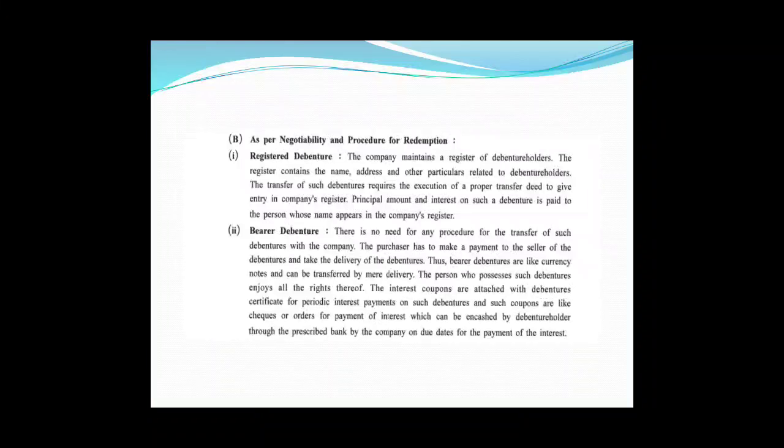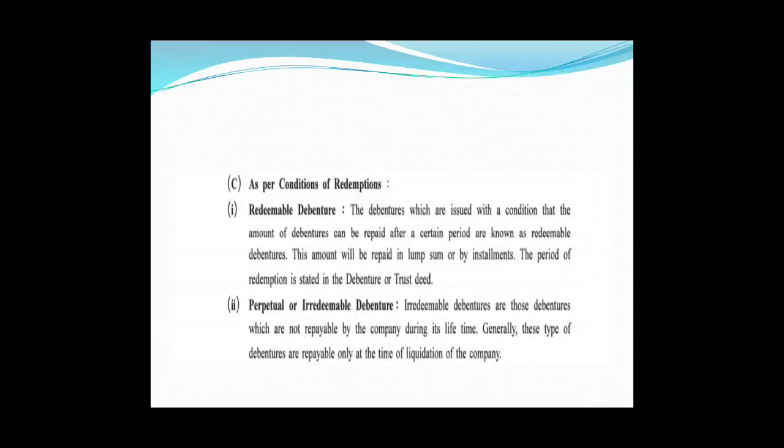In registered debentures, the payment is done to the person whose name is appearing in the books of the company, in the register of the company. In bearer debentures, the holder of the debentures and the holder of the debenture coupon will get the payment and interest. Okay, next viewpoint is as per condition of redemption. Friends, as per condition of redemption, there are two types of debentures: redeemable debentures